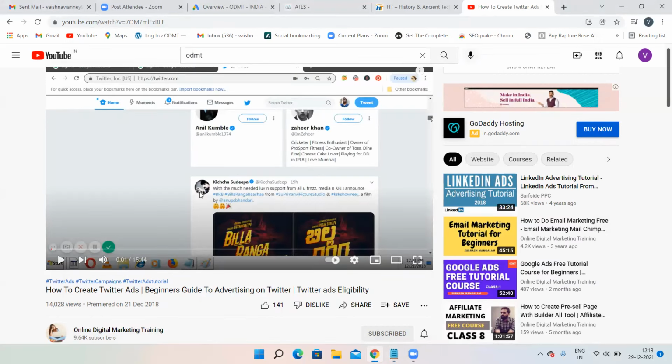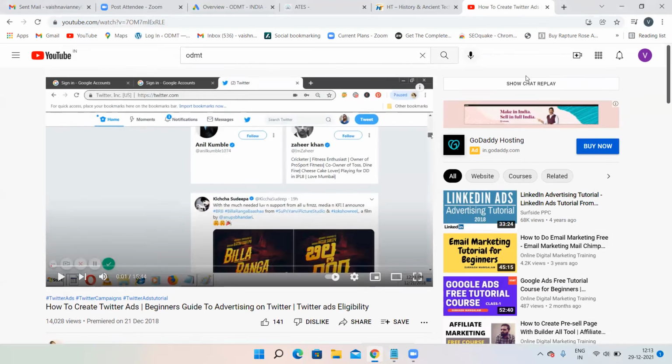That means when you are watching a particular video and some skippable ad or non-skippable ad appears over here, the same ad is going to appear over here. Now we were seeing the GoDaddy advertisement over here. The same GoDaddy advertisement is appearing on the right side. This is not any video network advertisement. This is a banner ad.